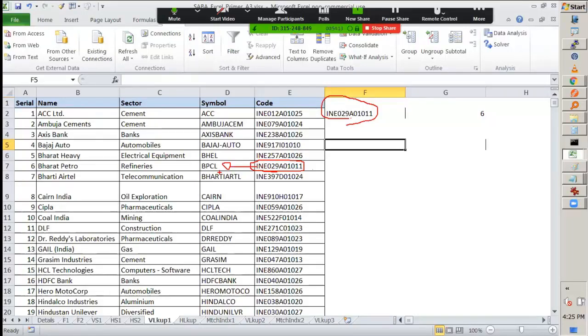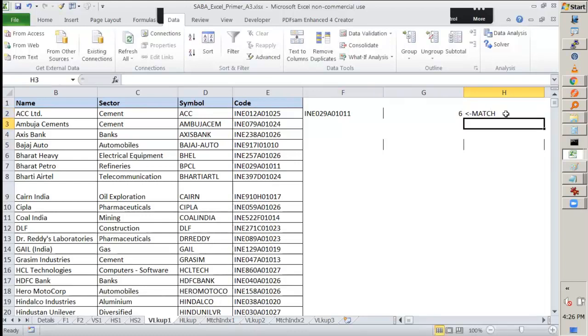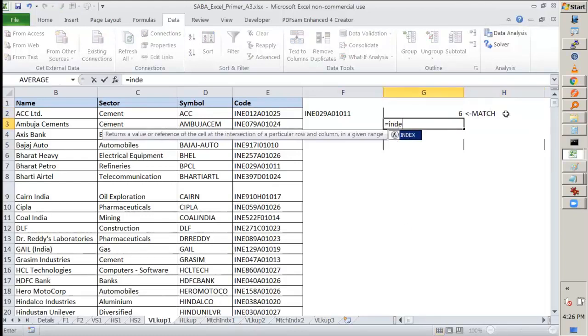The thing is very smart. I know that this is the 6th number. If I can get a function wherein I input this range, column D2 to some end, and say that I am looking for the 6th value in that, my work will be done. Since I have found this 6th value dynamically, if I give this range and say I am interested in the 6th value, my work will be done. That is what the INDEX function does. So this is the MATCH function, and let's see what INDEX does.